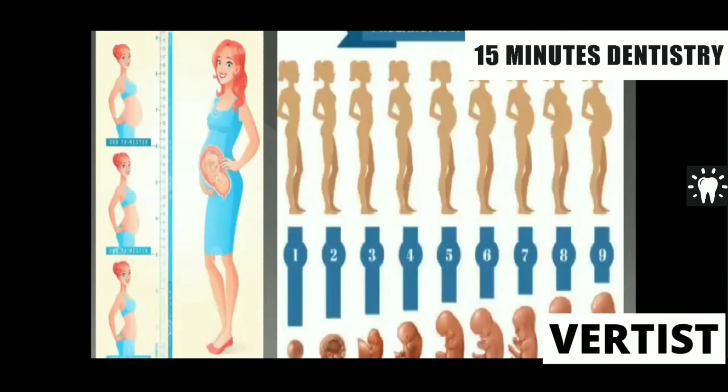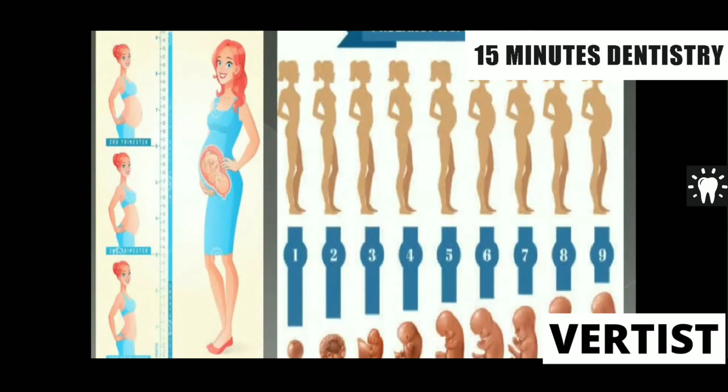So the next patient is pregnancy. When a patient comes to you with a history of pregnancy, as you know, pregnancy has 3 trimesters: the first trimester, second trimester, and third trimester. And as we all know, the second trimester is the safer period to manage any dental problems. If the patient develops a problem in the initial first trimester or the last trimester, we need to think of doing only emergency treatment that cannot be avoided at all. In consultation with the physician as well as the gynecologist, we should do emergency treatment for these patients.